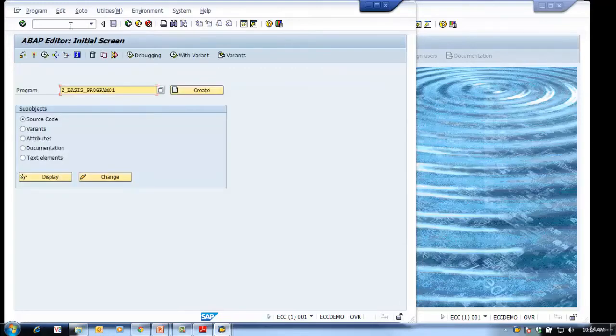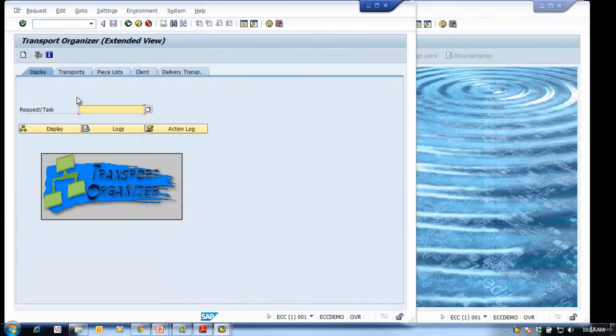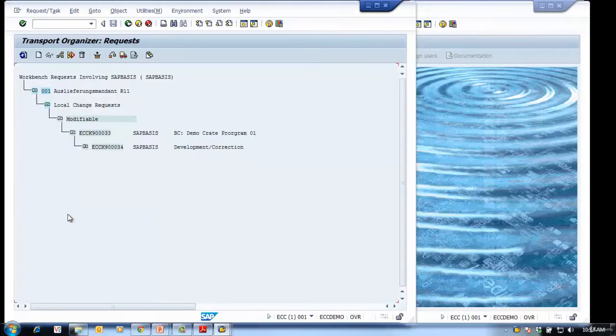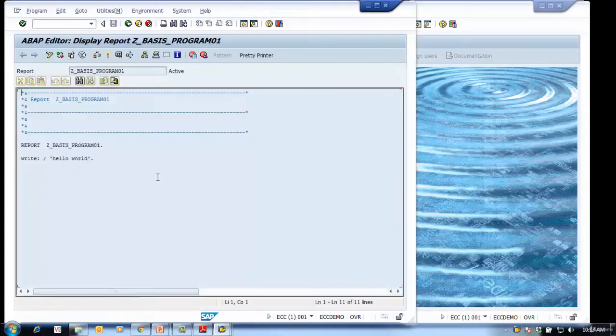Now if you go to the TR, let's say /nse01, the TR which we created, we forgot. Let's say modifiable, all the workbench requests. I'll say display. This is our request, this is the task, and this is the program which is attached to it. If you double click,